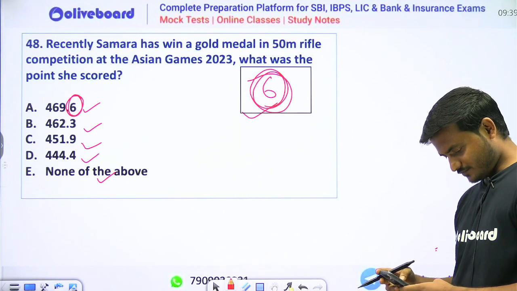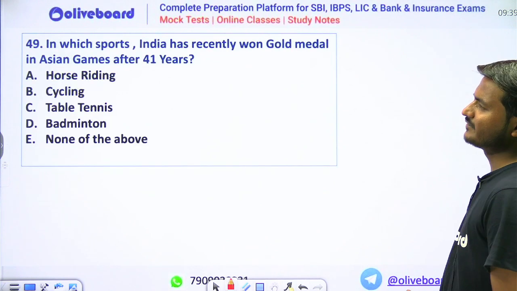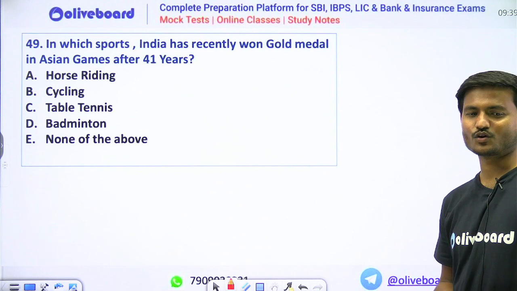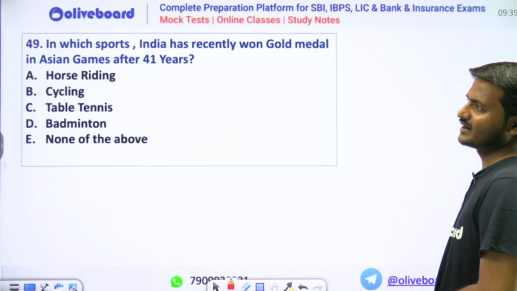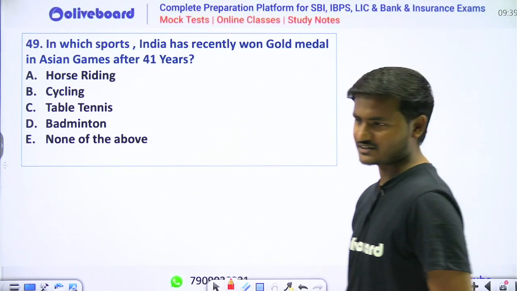Now let's move forward with the next question. In which sport has India recently won a gold medal in the Asian Games after 41 years? India has won a gold medal in the Asian Games in which sport? The answer to this is